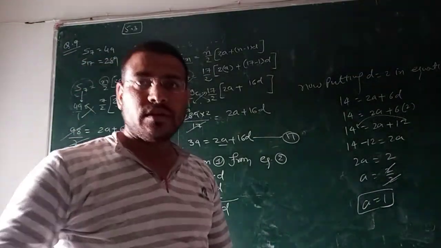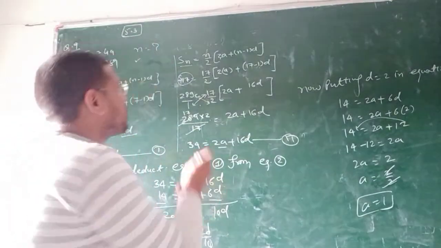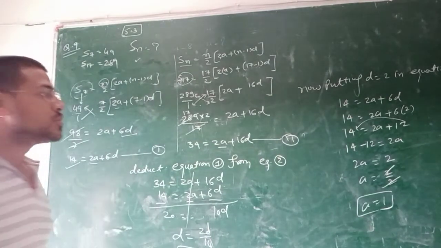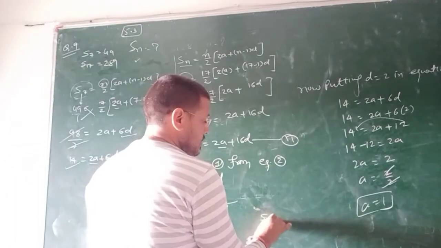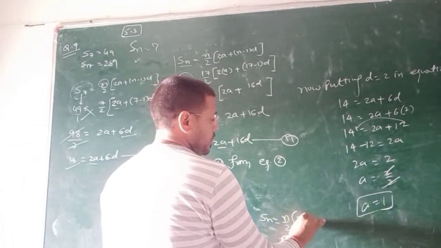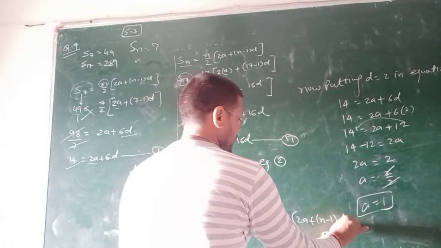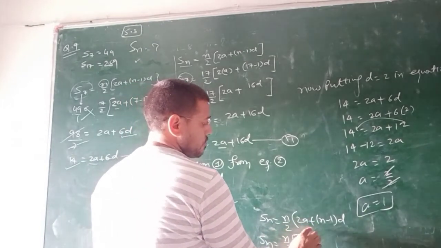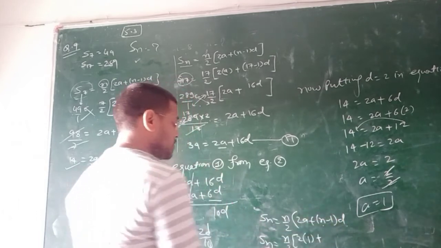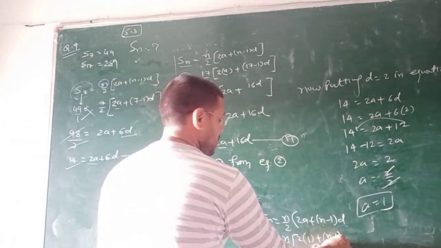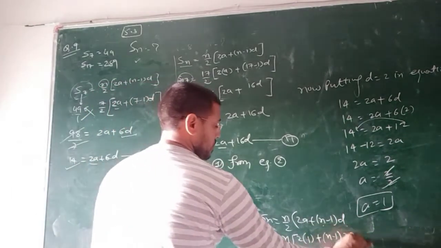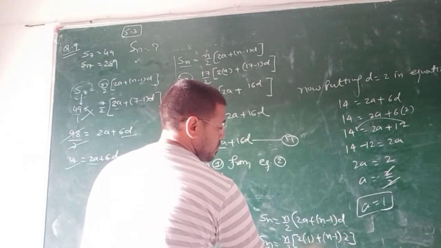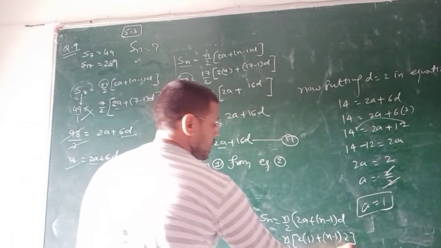Let's check. Now in the question you have been asked to find the sum of n terms, meaning Sn is demanded. So what is the formula of Sn? Sn is equal to n upon 2 into 2a plus n minus 1 d. So Sn is equal to, n is not given to you, but you got a, that is 1, plus n minus 1. You don't have n, but d is there, that is 2. So n by 2, 2 ones are 2, plus 2 ones are 2, minus 2. So minus 2 plus 2 got cancelled.